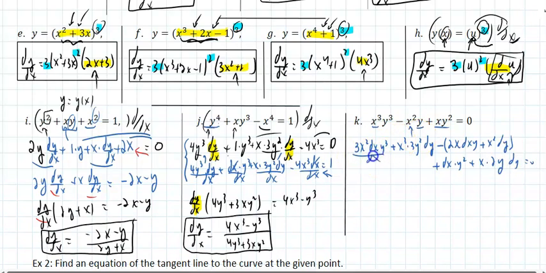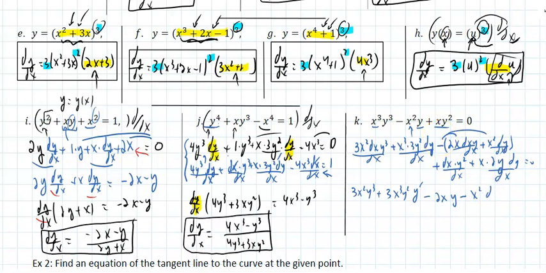And divide everything by dx. So this is kind of longer, but it'll do the job. This is 3x squared y cubed plus 3x cubed y squared, and I'm going to call it y prime now, minus, and you could do that of course, 2x times y minus, because I'm distributing the negative, x squared y prime